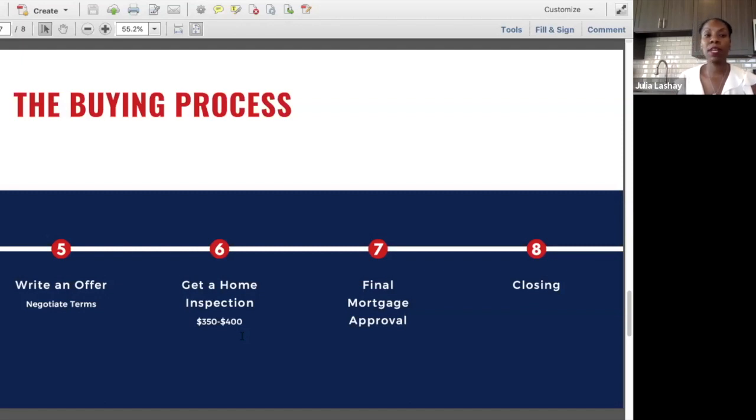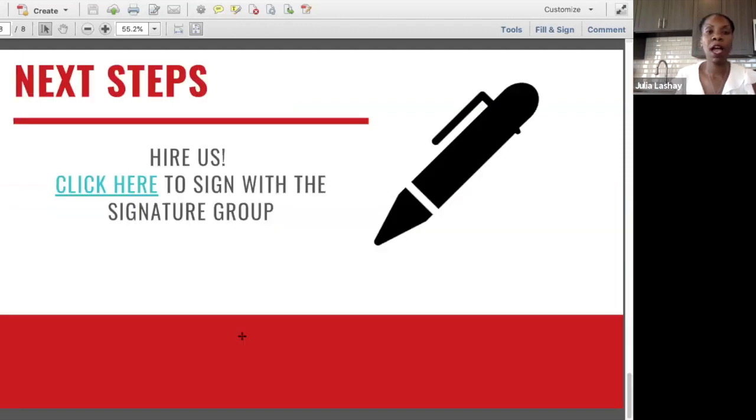And at this point, I have literally probably spent a good 20 to 30 minutes explaining the home buying process to the person via Zoom, like we're doing now, sharing my screen with them. Again, you may have additional slides that you would want to have on here to go into further detail. Once we have established that, I've explained the process, I've now shown that I am the qualified professional to handle all of this for them and take them through each step of this process smoothly, we move on to talking